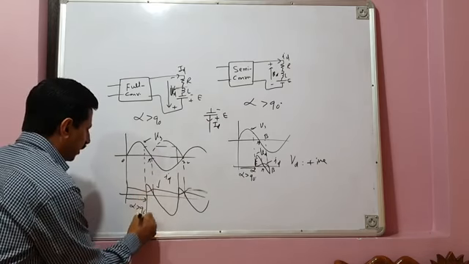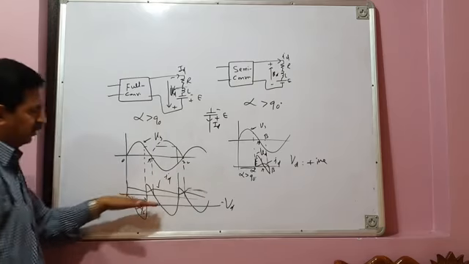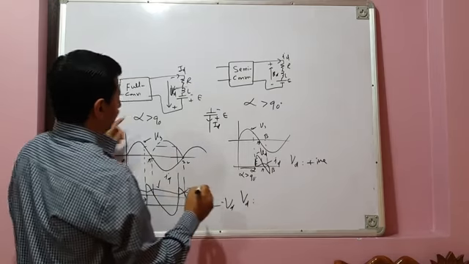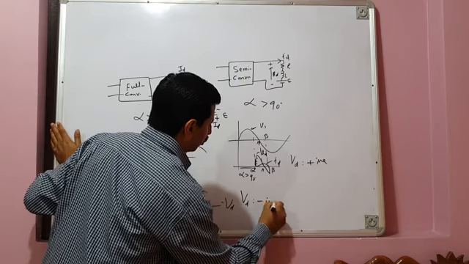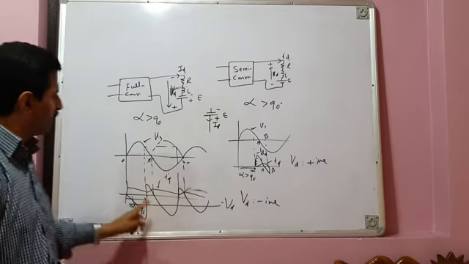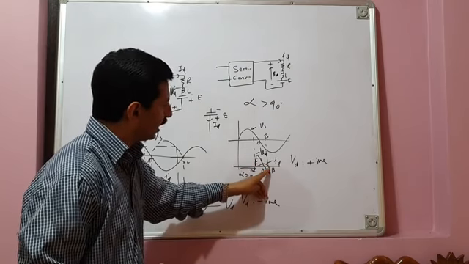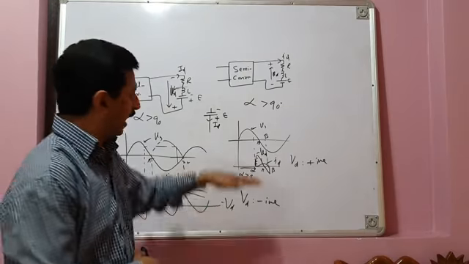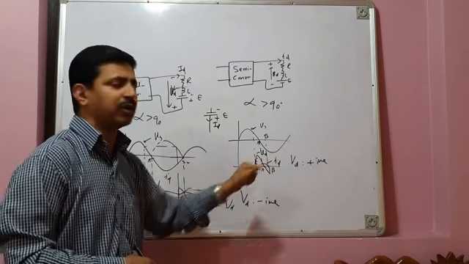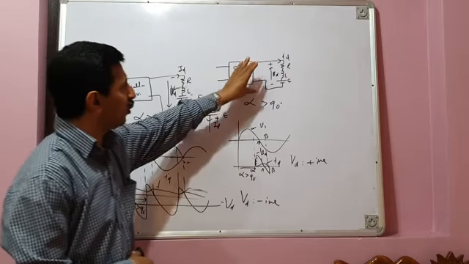So previously also the load voltage was negative. So what is your average output voltage? Average output voltage is negative, because negative voltage segments are more than positive voltage segments. So for a full converter with alpha greater than 90 degrees, average output voltage is not positive, it is negative. I repeat, negative average output voltage is possible only if current flows for a very large period. Here current becomes zero quickly, so the negative voltage is less than the positive voltage segment and average output voltage is positive. But if current remains there for a longer period, your negative segment of voltage will become more than the positive segment and average output voltage will become negative. That is not possible in the case of a semi-converter.